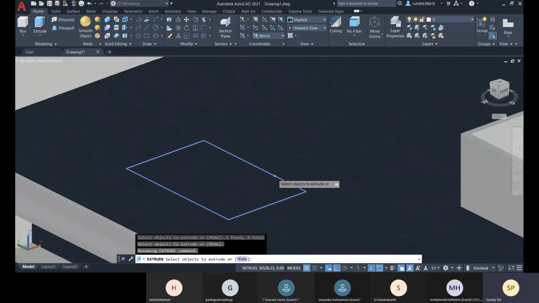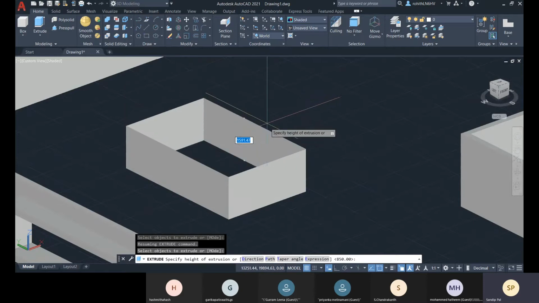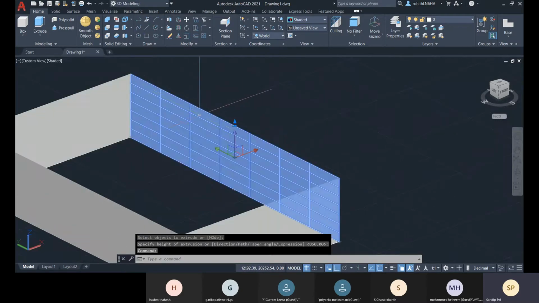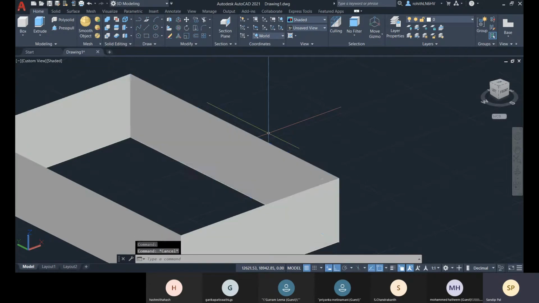So it will be extruded as a plain paper-like surface. You give enter and there you can see, it is a surface. It doesn't have any thickness. It has the height, it has length.